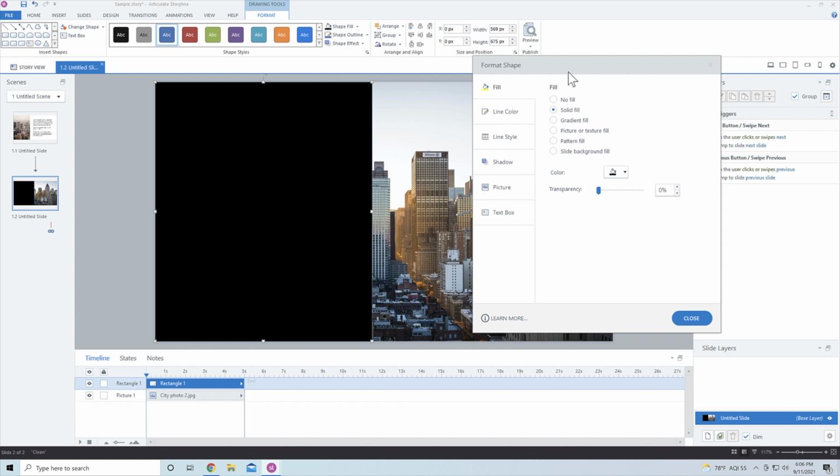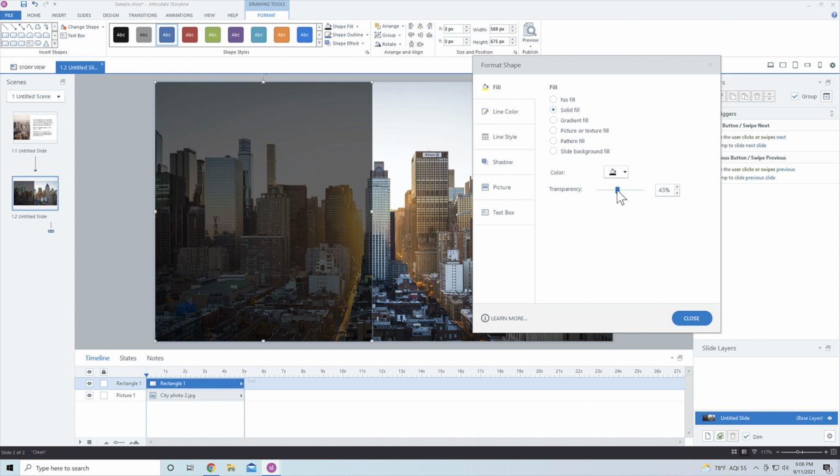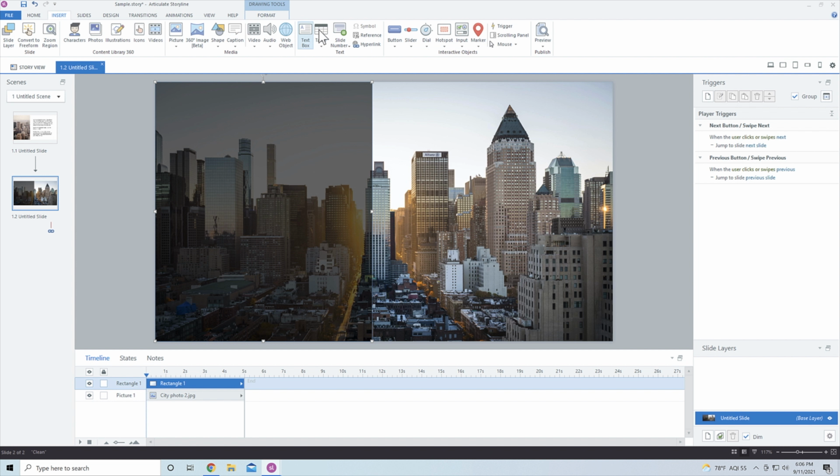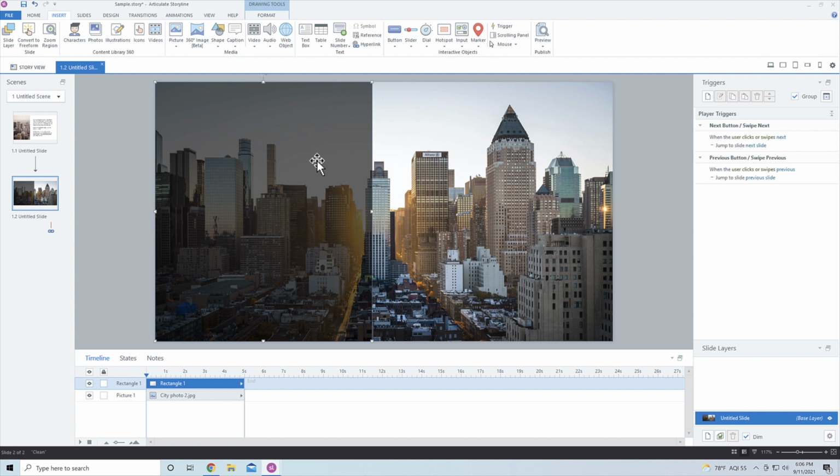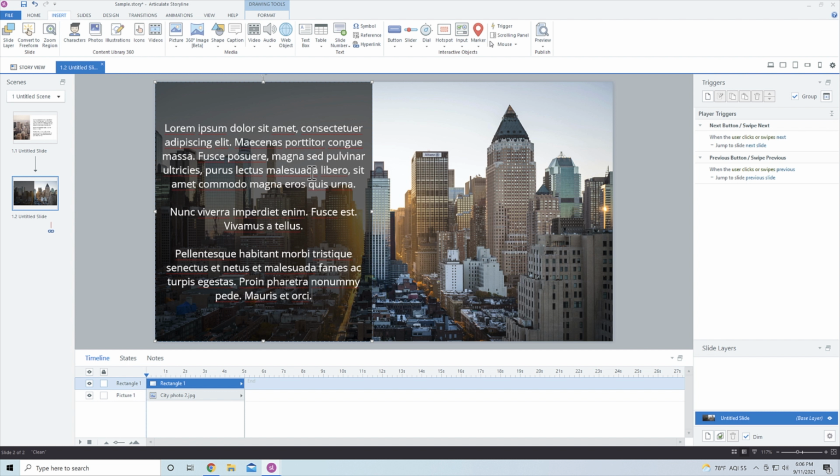It goes into the settings here, where under the fill settings, I can then adjust the transparency so it has a little bit more of a fill background as well. And now, instead of inserting a text box, I see a lot of instructional designers feel like they have to insert a text box inside of here. You don't. You can actually type text right into the shape. Just by selecting the shape, you can type in text right there. So let's go ahead and fill that up a little bit. Let's have equals lorem open close parentheses, hit enter, and there we go.